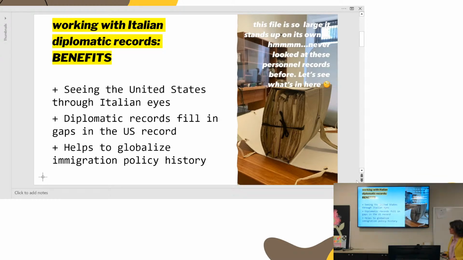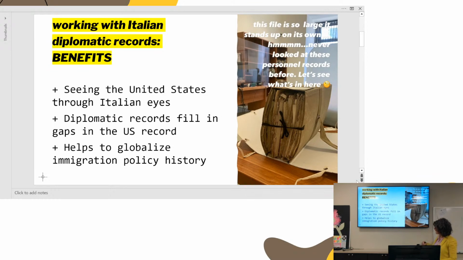So we also know that the period is very well documented by Italian diplomats. These weren't just people who were kind of curious about what was happening. They were intensely focused on the experiences of their migrants, who were highly mobile. So we think of the U.S. as a destination. We think people, once they get here, stay put. No, not the case, especially for Italians, who were one of the most highly mobile populations, with about half of all Italian migrants actually returning to Italy, which is the highest rate by far of any group. And so we can think about that.